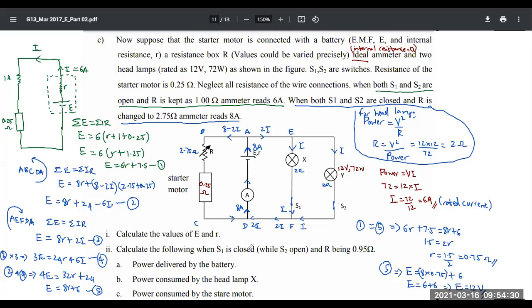Okay, so that is how you find the values of capital E and simple R. You need to plan it accordingly, one step at a time, slowly, carefully. When you substitute the values, just apply Kirchhoff's law, and you will be getting the answer. But the important thing is marking the currents, people. Now this part is very critical. Through these two, the same current will flow. Why? These two are identical resistors, so current will separate equally. So if I and I are flowing through these, then here the current is 2I. That's very important, because if you make a mistake here with 8 minus 2I, then you are in trouble.